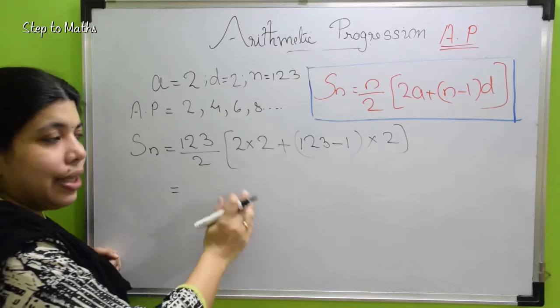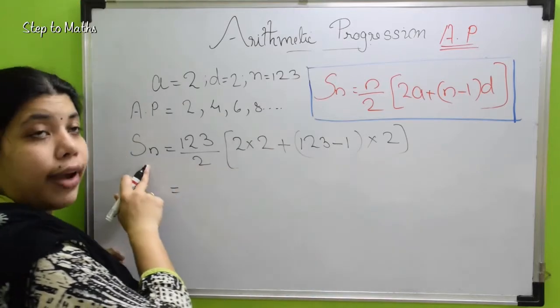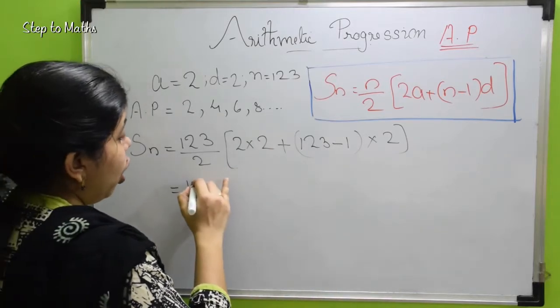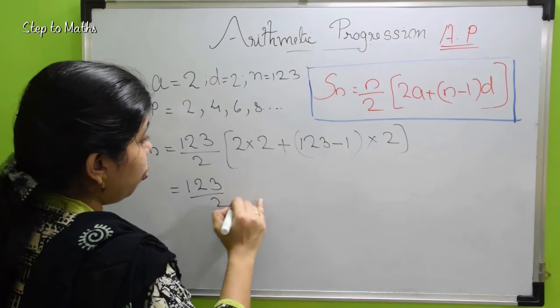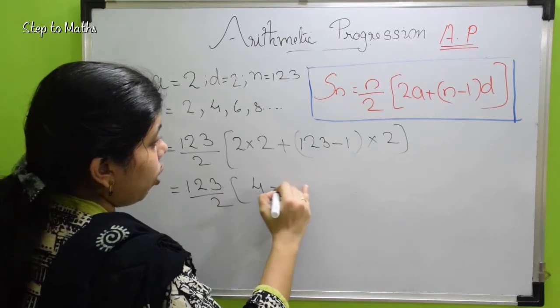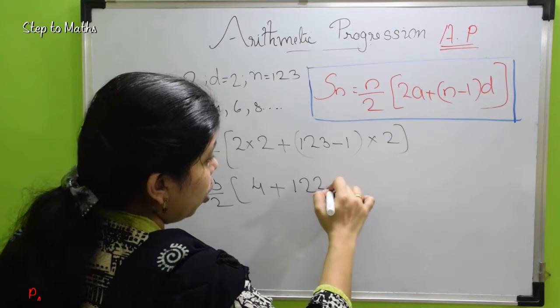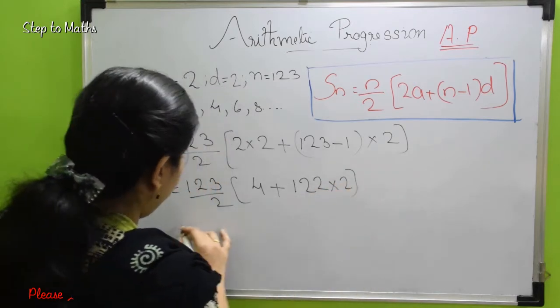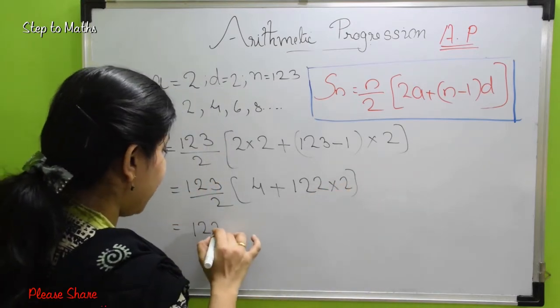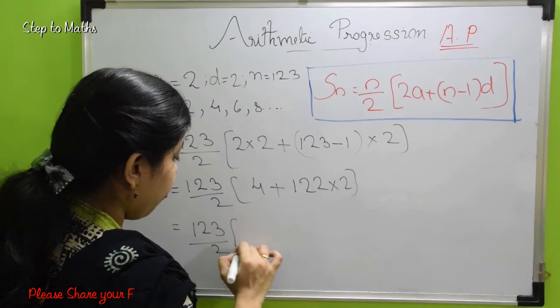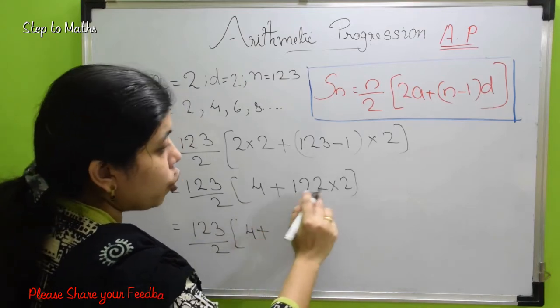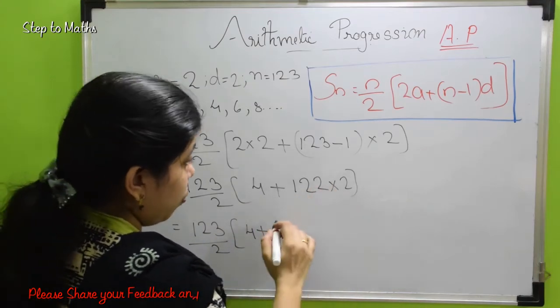If we simplify the right hand side, we get the value of Sn. 123 upon 2 into 2 into 2 is 4 plus 123 minus 1 is 122 into 2, that is equal to 123 upon 2 into 4 plus 122 into 2,